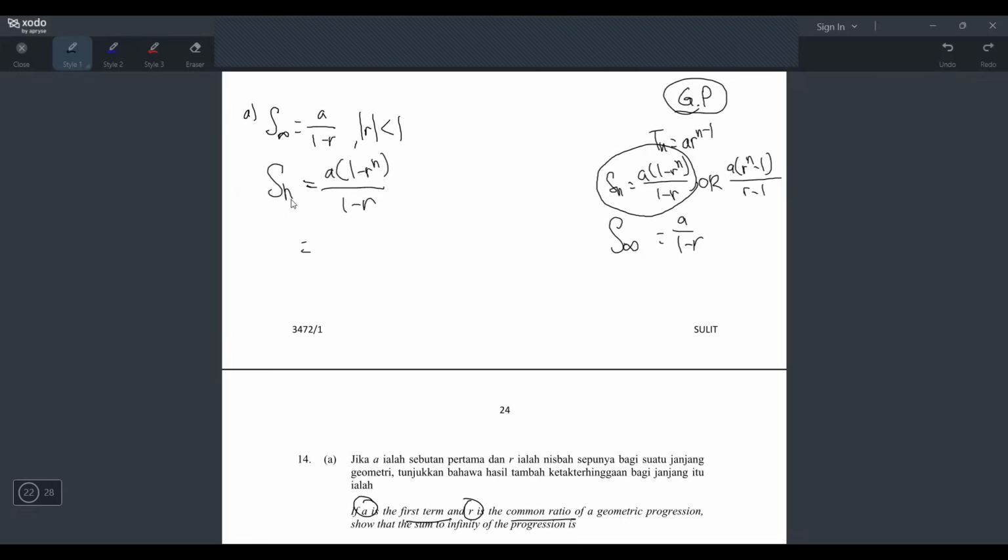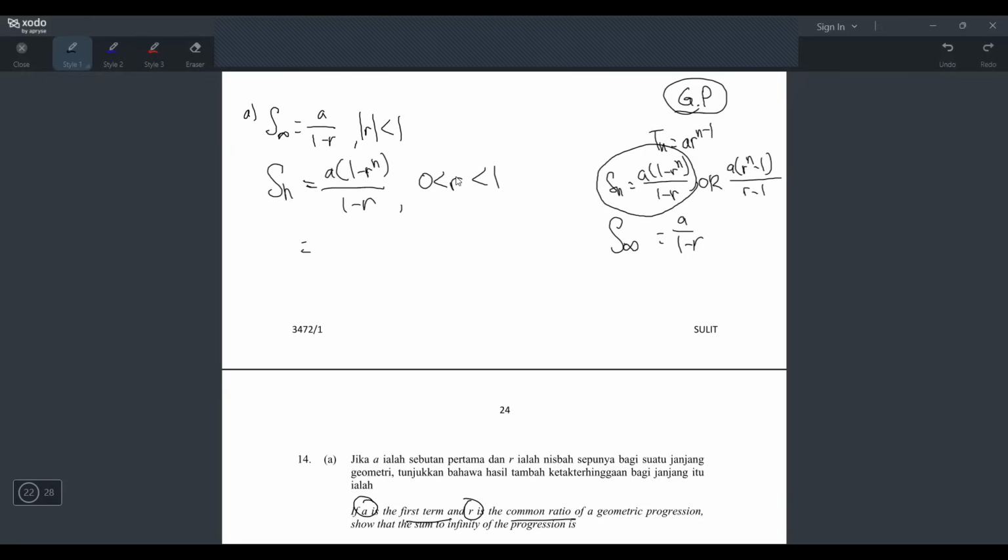So imagine if we make n a very big number. What happens to this whole thing? The n will be very big because n is infinity, which means a very big number. So if you take r, which is the common ratio, to the power of a very big number, what will you get? An even bigger number, correct? But if your r is in between 0 and 1,